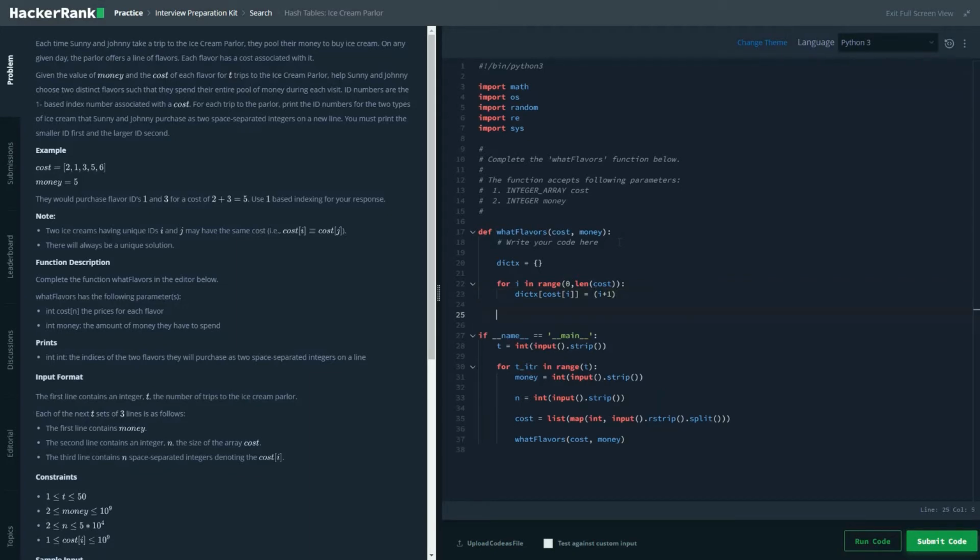Now we will write another for loop. The reason for writing this for loop is very simple. Let's write it first.